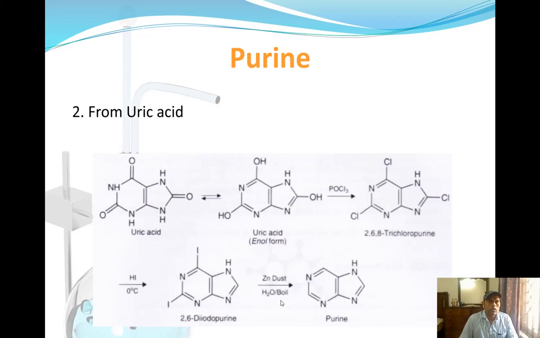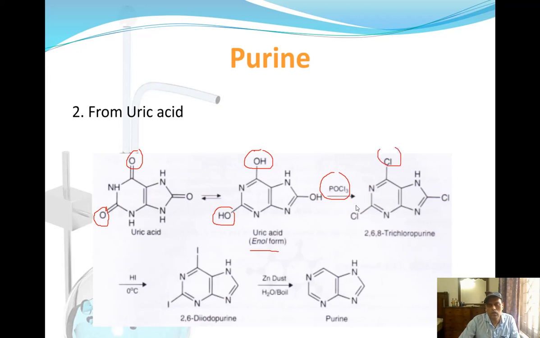And next is the second method, from uric acid. So this is your uric acid. Again there is a tautomerism here. Uric acid is in keto form, right? It will get converted to the alcoholic form, so it is the enol form, right? It is uric acid in enol form that you are subjecting to phosphoryl chloride, so you are going to get